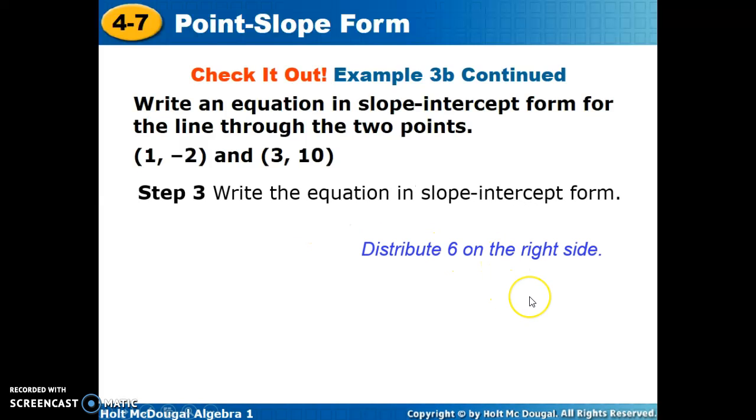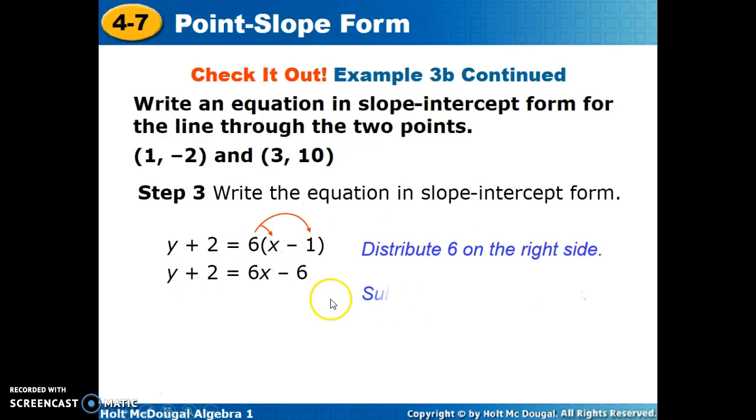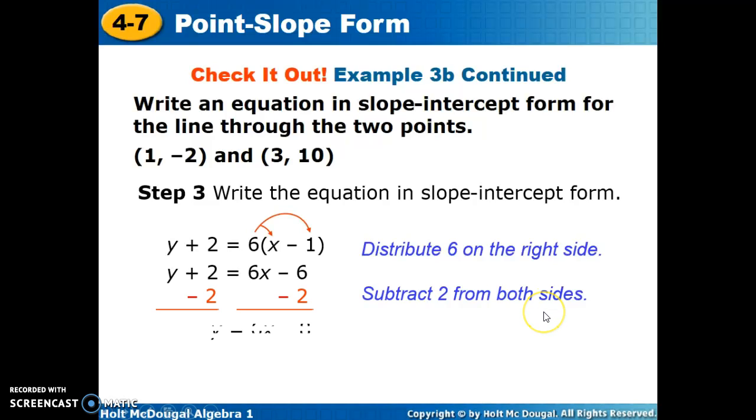We're going to write it in slope-intercept by distributing the 6 on the right-hand side. Notice they simplify, and we're going to subtract 2. Final answer, 6x minus 8. You guys have seen how to put an equation into point slope form and simplify it to slope-intercept. Stand by and we'll be going through